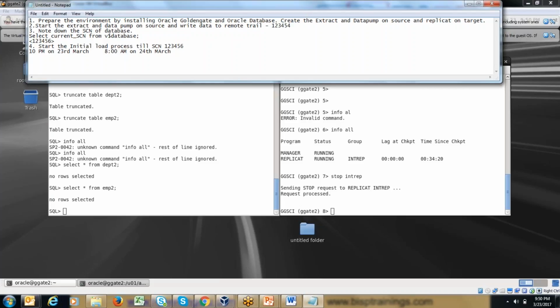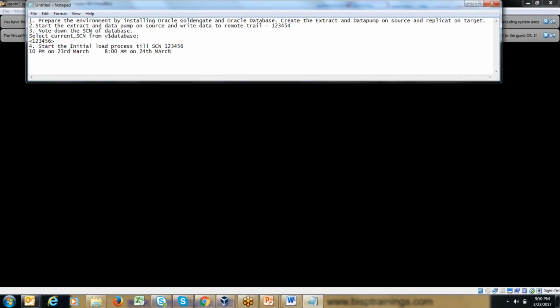Now your application was still connected. That means there were a lot of changes which were made during the night. So how will you apply those changes? So see, your extract process was capturing and data pump was starting. So what you will do in the next step, you will start the replicat process and it will apply the data